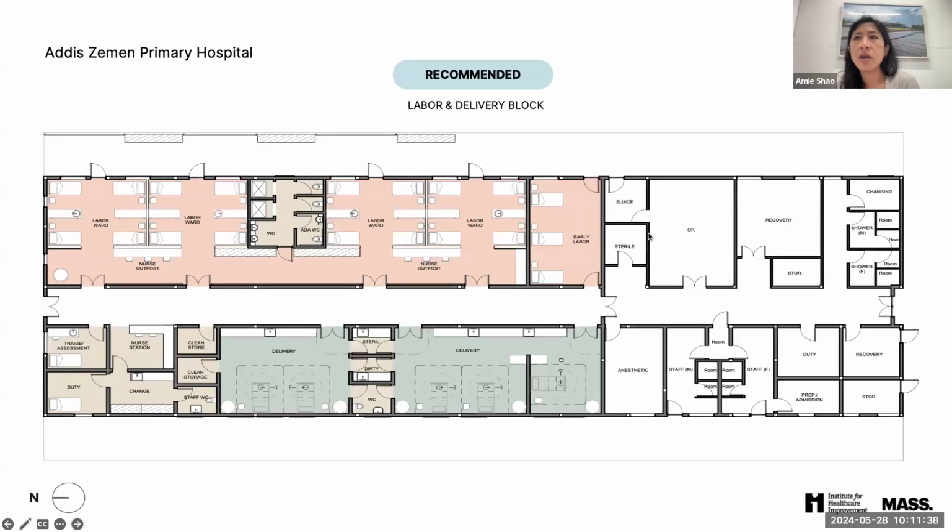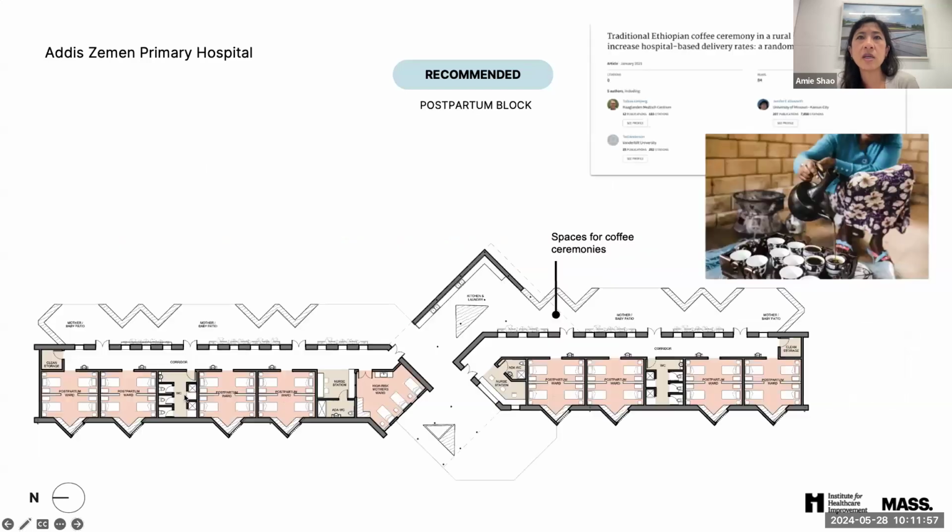So here, keeping the OR where it was, providing additional labor and antenatal wards that had enough space for labor walking in this private corridor, spaces for delivery and staff spaces, as well as postpartum wards that were designed around